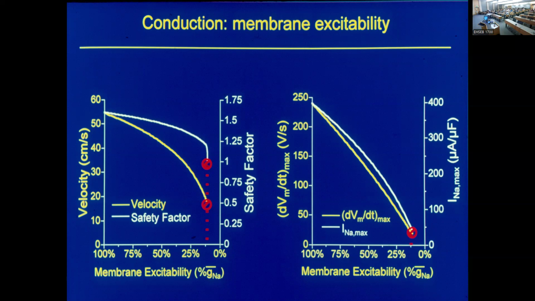When you look at the safety factor, you see a similar trend. The safety factor is decreasing progressively with decrease in conduction velocity. So slow velocity due to reduced membrane excitability is unsafe. It has lower safety factor than normal tissue. If you decrease excitability, you have slow velocity, you reduce the safety of conduction up to a point where it fails. The safety factor goes below 1, and this thing falls apart,